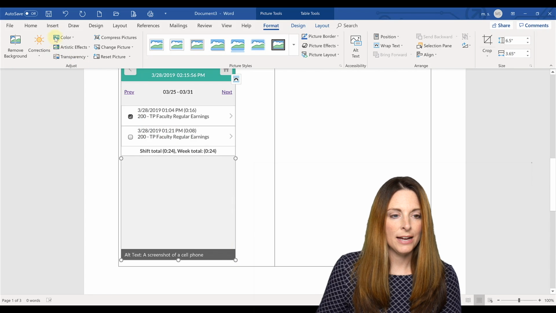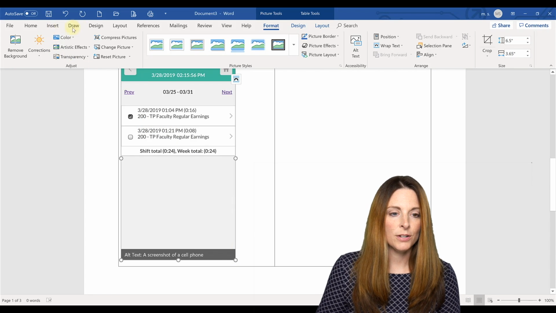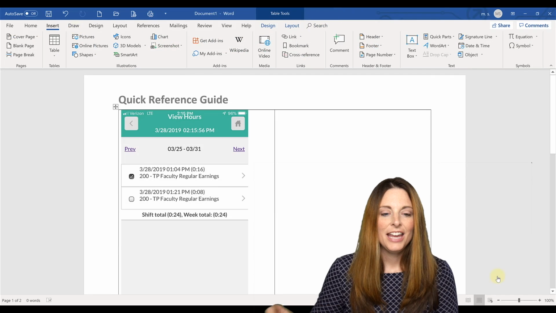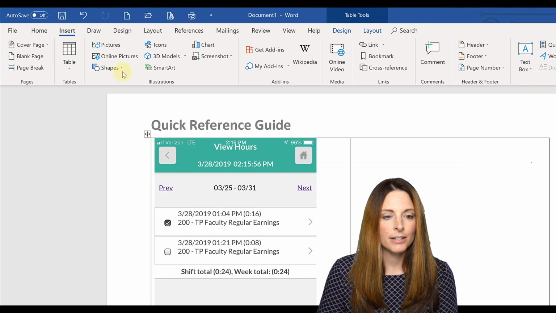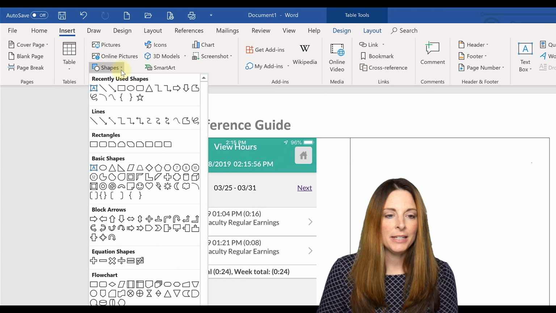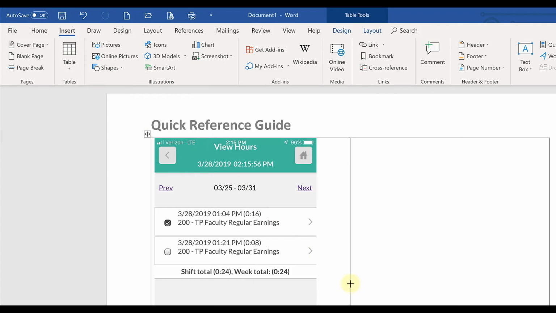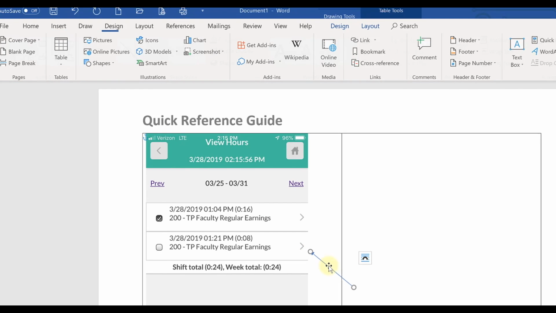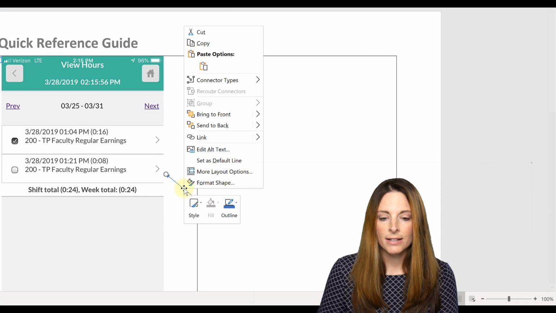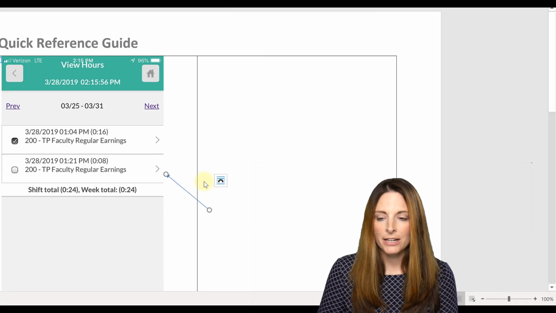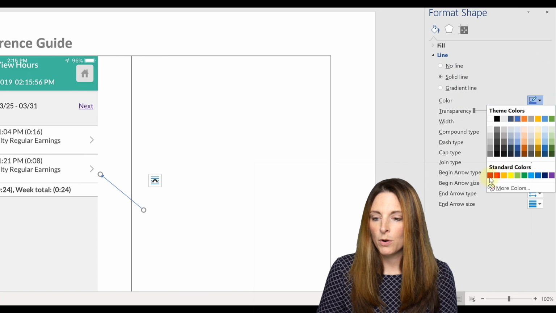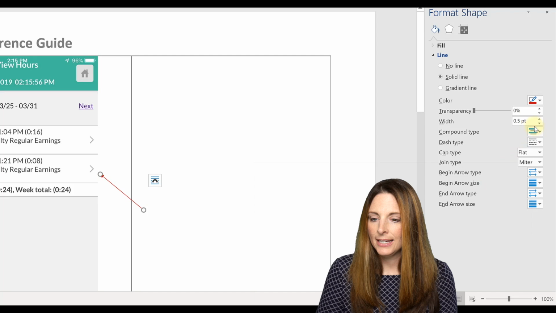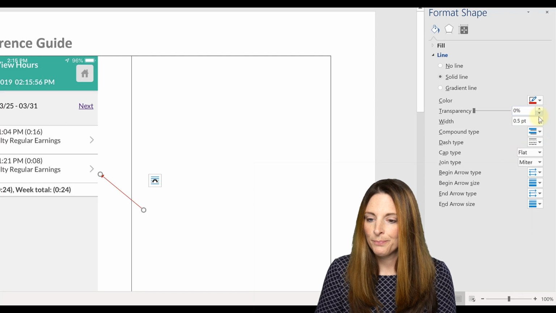Another thing that you can do once you have your image inserted is that you can draw on top of that. And to draw on the image, I'm just going to go up to the Insert tab and click on the Shapes drop down. And from here, I can click the arrow button, and I can draw an arrow. I can then, once that arrow is highlighted, I right click and click on Format Shape. And then I can come over here and select a more pronounced color and make it a little bit thicker